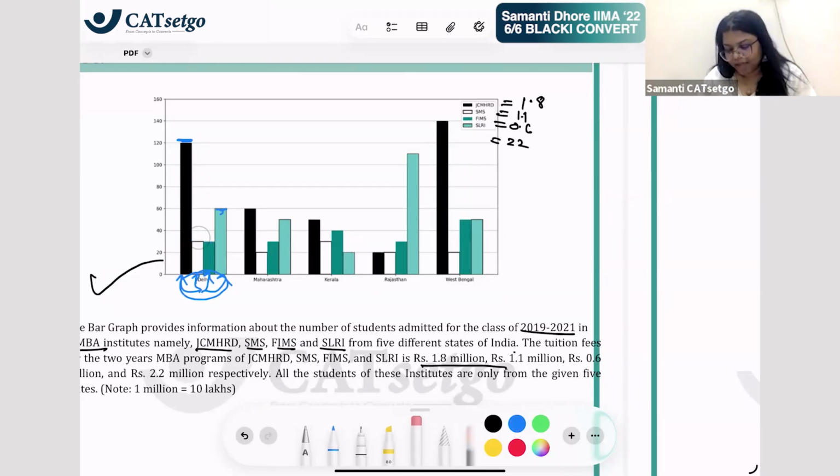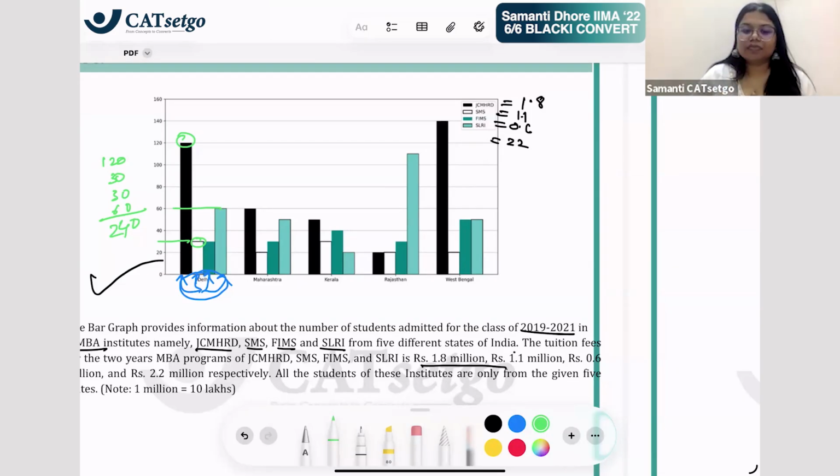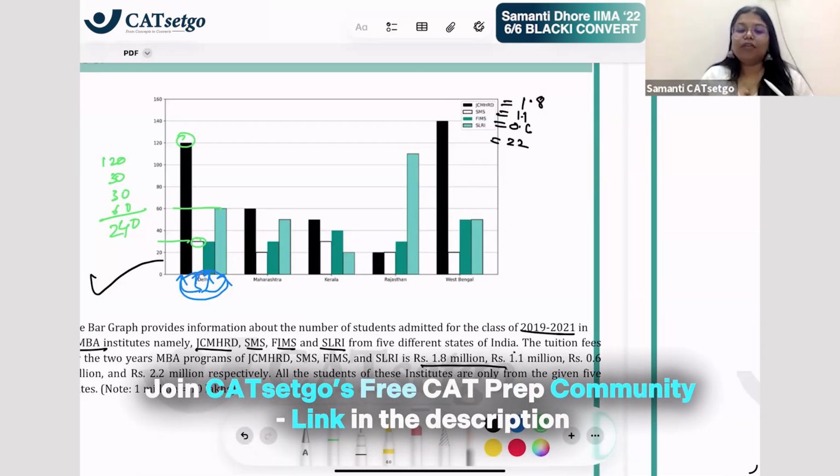If I total this out, if I sum this up, अगर मैं इन डेटा पॉइंट्स का टोटल निकालूंगी, this is 120, this is how much? बीच में आ रहा है 30, this is again 30, and this is 60. ये मैं टोटल अगर निकालूंगी, 240, तो ये क्या है? What does this total tell? Tell me on chat. What does this total tell? Yeah. So this tells us the total number of people from Delhi. Very good. What have they asked us to find?